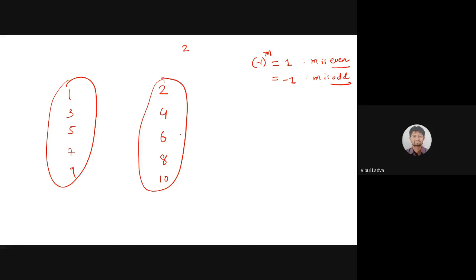Now with this logic, let's verify. We all know that 2 is even. Representing 2 as a power of -1, (-1) raised to the power 2 gives us +1. That's the reason 2 is even. (-1) raised to the power 3 leads to -1. That's the reason 3 is odd. With similar logic, if we represent 0 as a power of -1, and we all know that anything raised to 0 is always +1, so with this logic, 0 is an even number. Are we good with this?